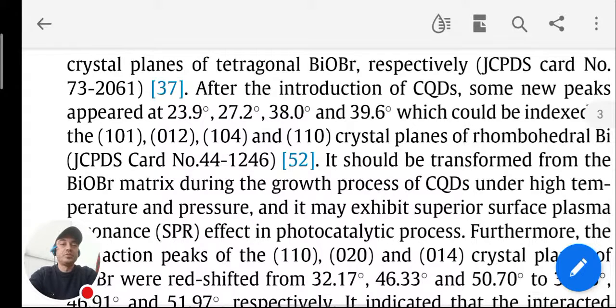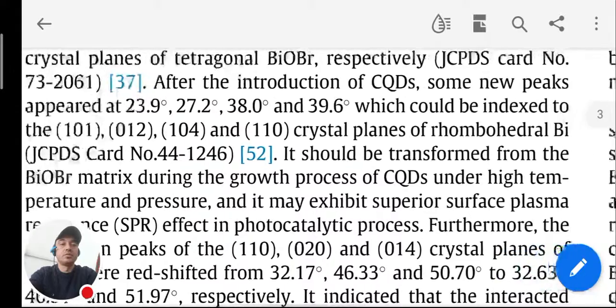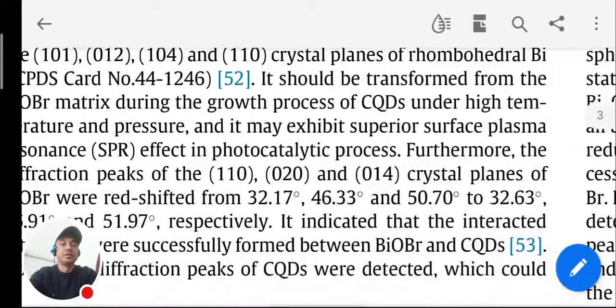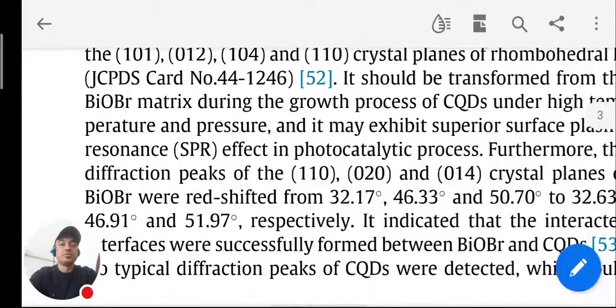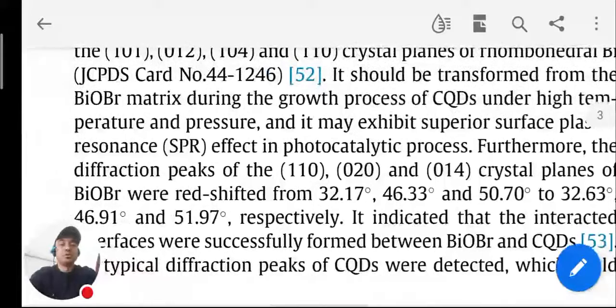It should be transformed from the BiOBr matrix during the growth process. The carbon quantum dots under high temperature and pressure may exhibit the superior surface plasma resonance effect in the photocatalytic process. Furthermore, the diffraction peaks of the 100 and 20 and 10 crystal planes